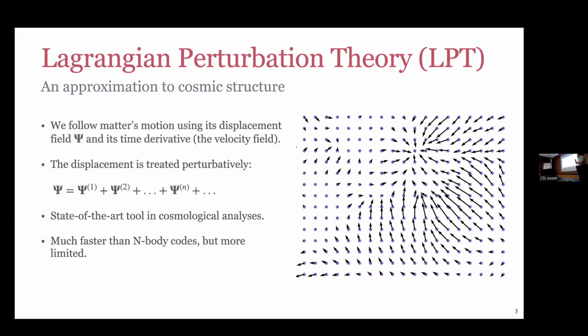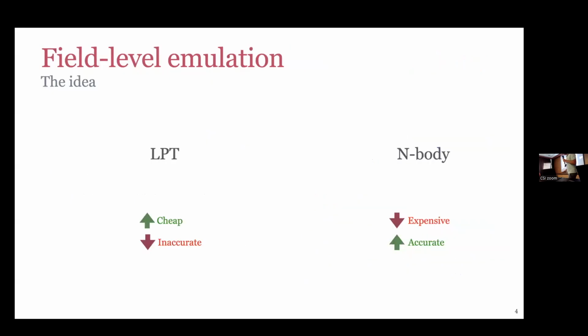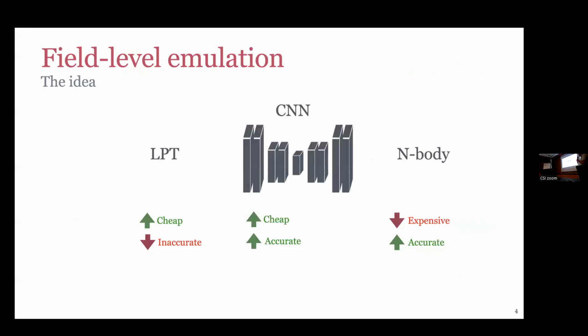One approach that people have been using is perturbation theory. For example, Lagrangian perturbation theory: you have your displacement field, your velocity field, you write these down up to the order you want to achieve. Then you write down the kernels analytically and solve the integrals numerically. You can produce simulations super fast, but they still don't match the N-body simulations at the very nonlinear scales. So in principle, we would like something as fast as an LPT simulation, but as accurate as an N-body one. And for that, you can use a convolutional neural network. It would be relatively cheap and still accurate.